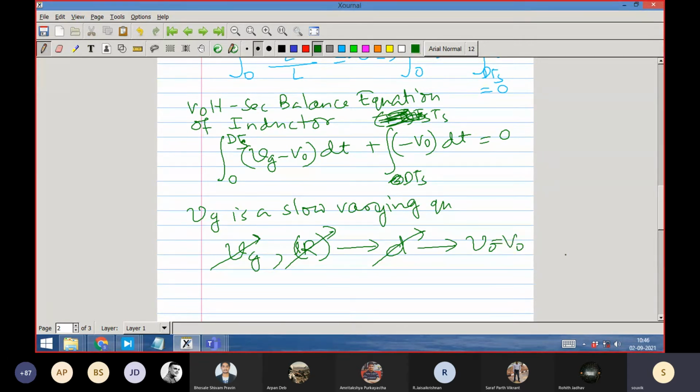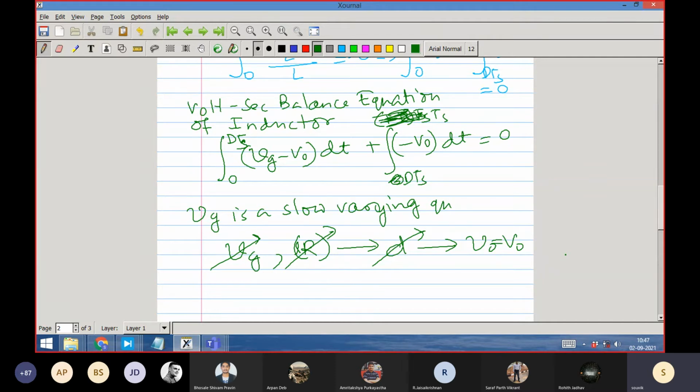That is the basic paradigm: ultimately the input voltage is variable. Suppose you take the AC case of 220 volt. Who says it will be constant? 220 volt can go to 230 volt. If you take a battery, is the voltage always constant? No, it is not always constant. It may vary; 10%, 15% variation is possible.